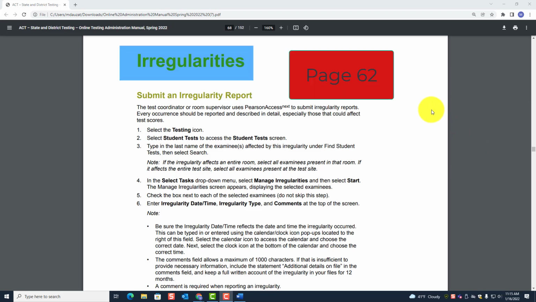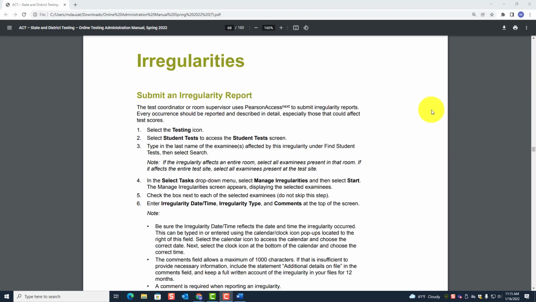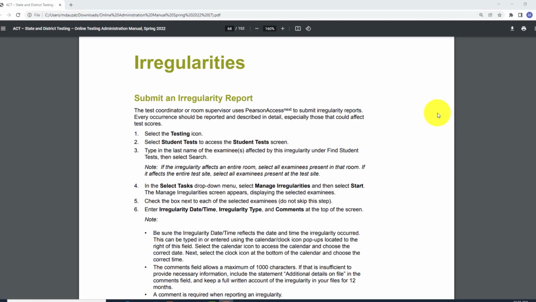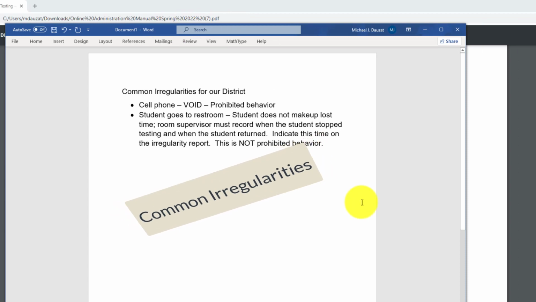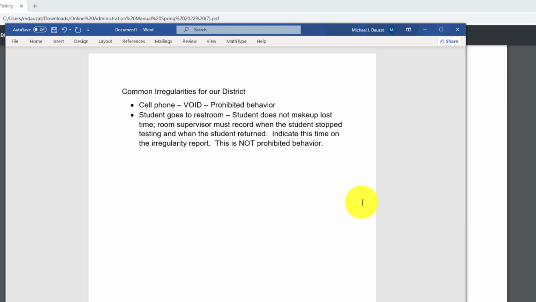So we're going to look at the section on irregularities. For this part of the video, we're going to look at submitting an irregularity report. Now, for our district, these are the two more common reasons why a room supervisor or the test coordinator would